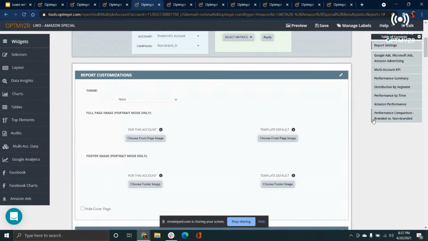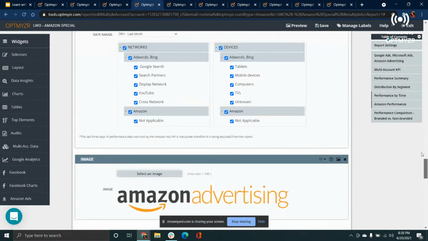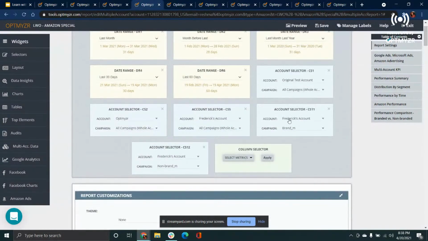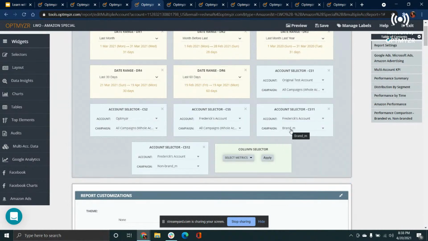So if you come further down, what's also interesting is in Amazon, you don't have a way to add labels, and you can actually go ahead and do this using reporting here, where you move back on top and say, choose the Amazon ads account, and add in all your brand campaigns and label them a particular way.